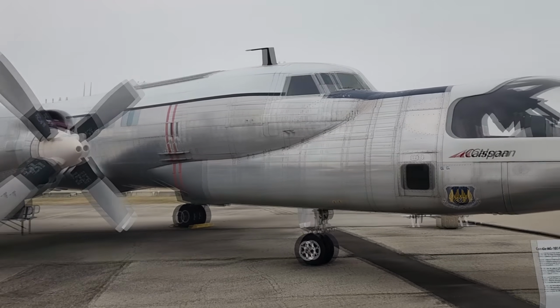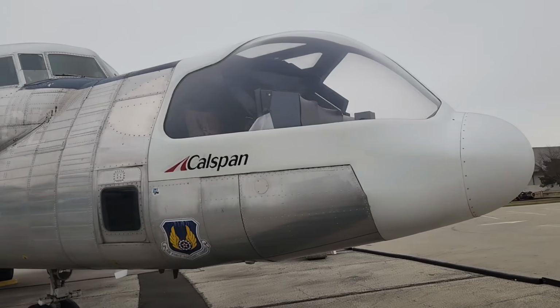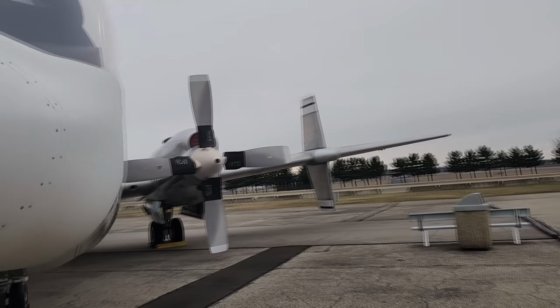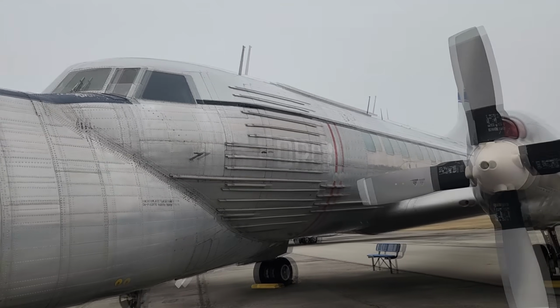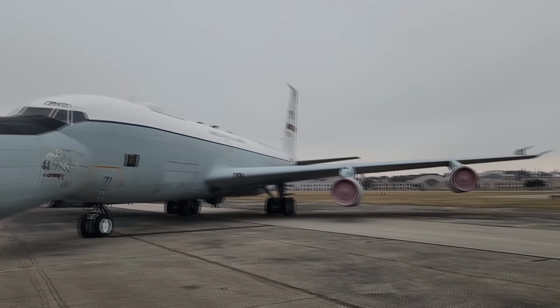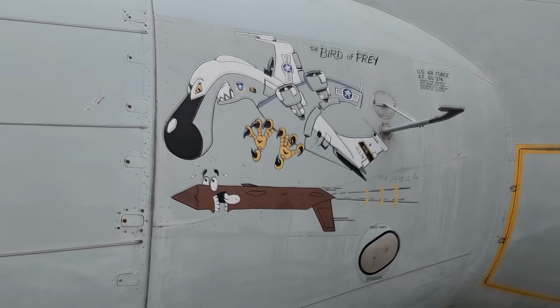Anyway, down the line, I had some larger frame stuff, starting with the one-of-a-kind NC-131H TIFS, or Total In-Flight Simulator. This thing is basically a C-131, but with an extra cockpit slapped on the front and some extra control surfaces. I believe the intent here was you could program different flight characteristics to simulate a new airframe design. Next to that, we have the EC-18B ARIA, or Advanced Range Instrumentation Aircraft. I like to call it Dick Nose. Now, Dick Nose here carries a 7-foot steerable antenna dish that was used as a mobile tracking station for monitoring